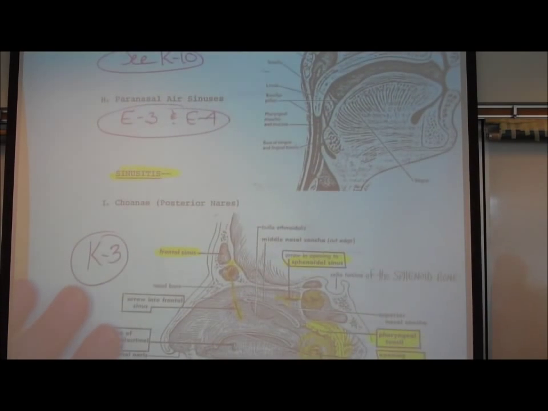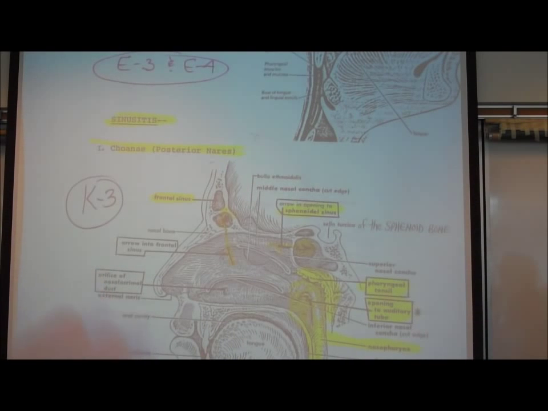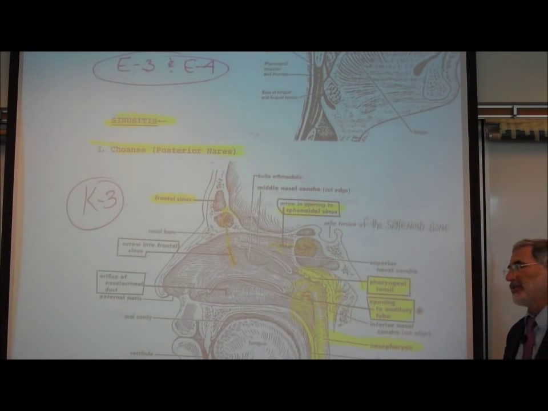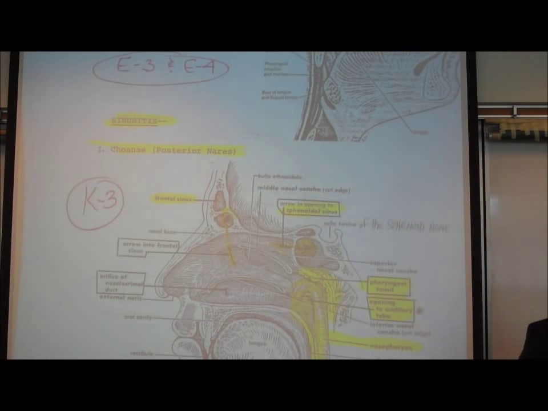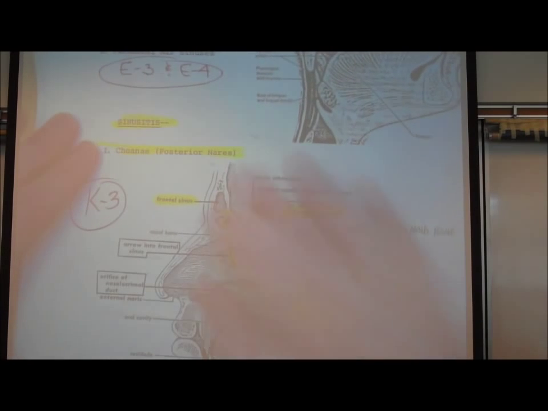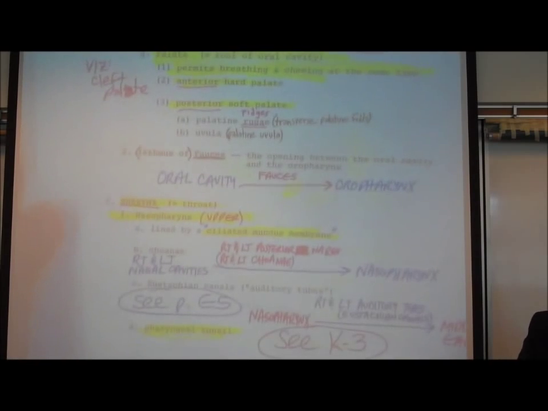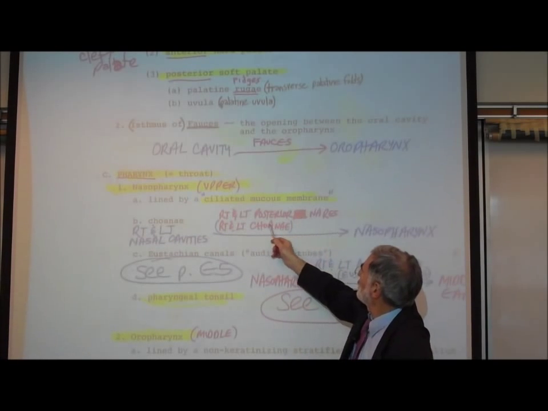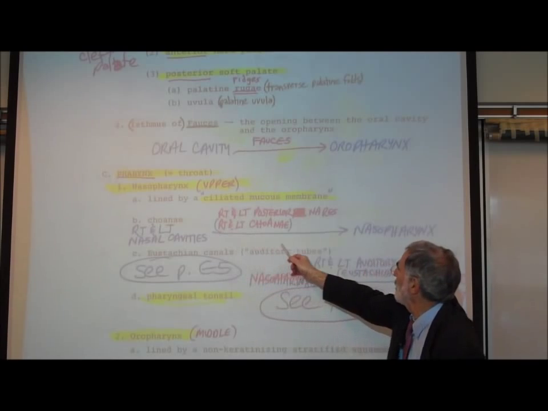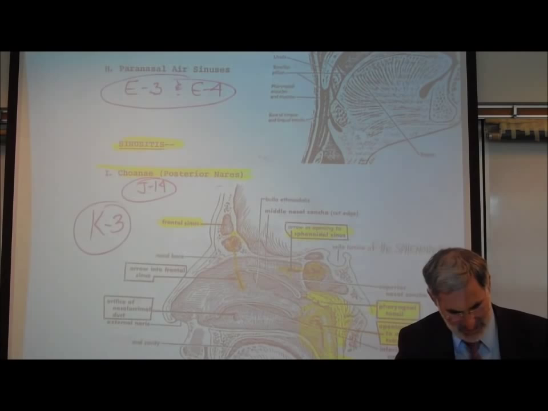or a sinus infection. The choanae, or posterior nares, those are the openings at the back of your nasal cavities where the air flows into your nasopharynx. We talked about this previously on I think it was J14. On J14, we talked about right here the right and left posterior nares, or choanae, allows the air to go from your nasal cavities into the nasopharynx. So that was back on J14.